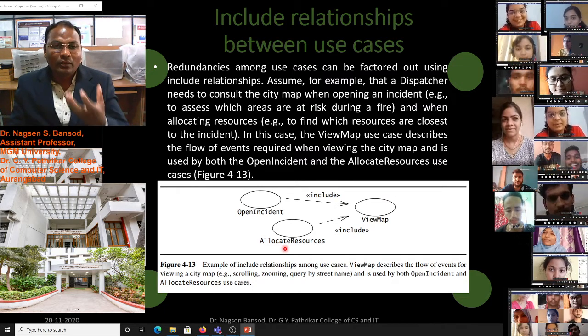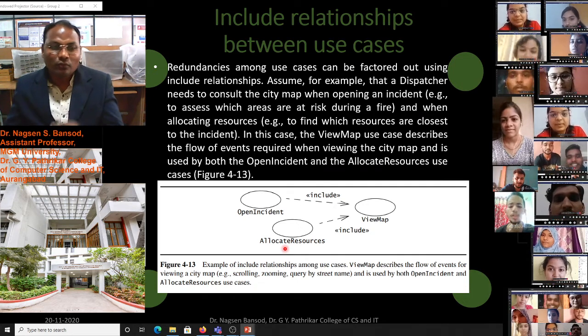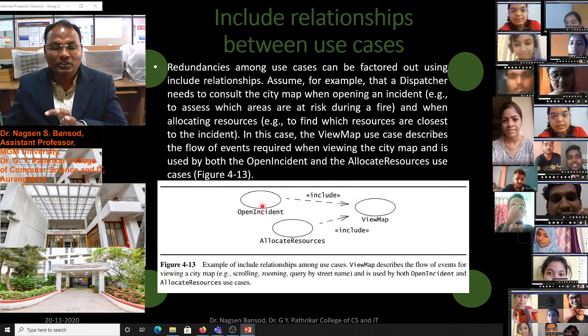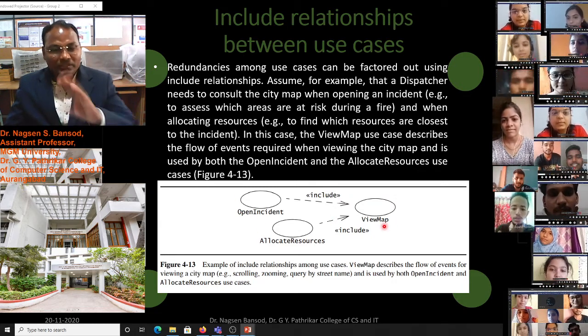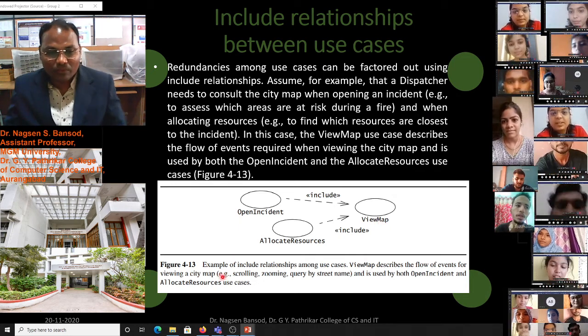That we can view with the help of view map, and there we have to create one use case, and both these use cases depend upon this view map separately. Therefore this is the include use case.